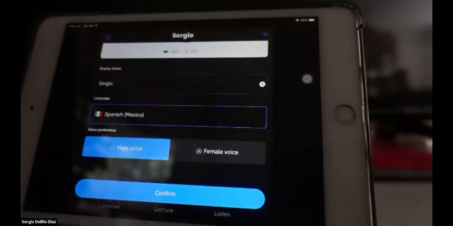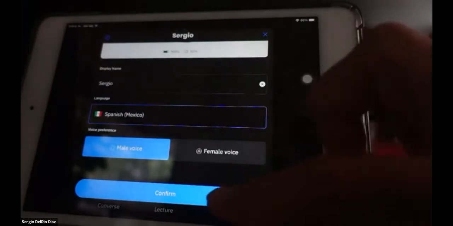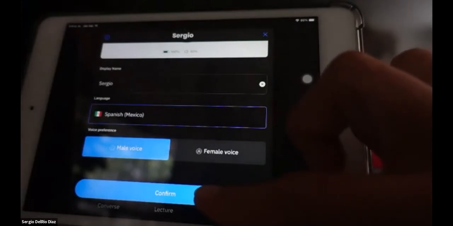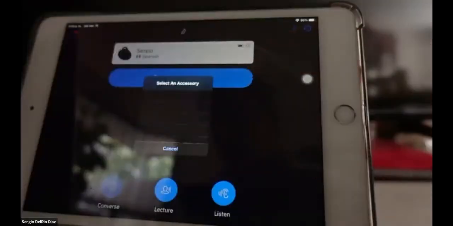So, you know, if you're a guy, you might just want to be translated into a male voice and vice versa, right? So once this is happening the first time you pair the device to the app, you have to go through the setup process, but every time after that, whenever you turn it on, it pairs automatically. Right, exactly. The first time you would add it manually, you would see a window like that.